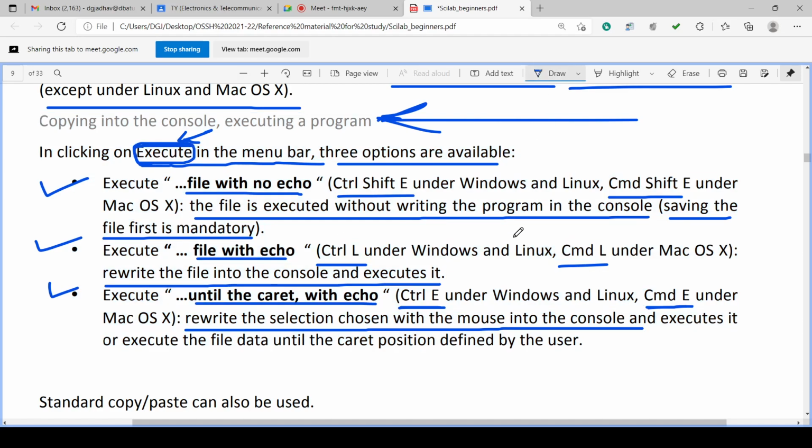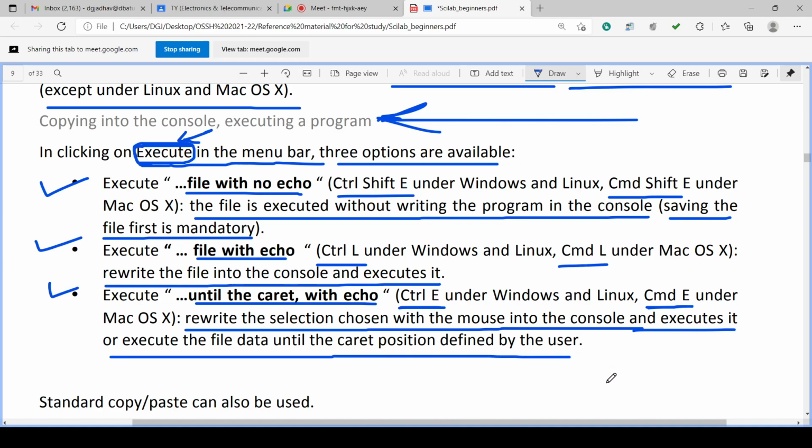Whatever part of the program is chosen by the mouse, that part is rewritten in the console and executed. Only that part. Or execute the file data until the caret position defined by the user.